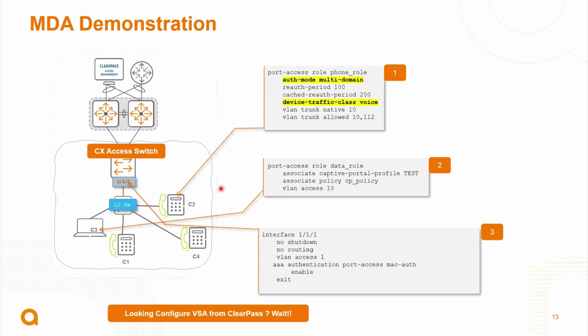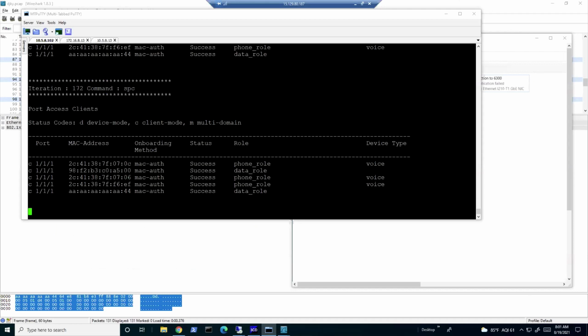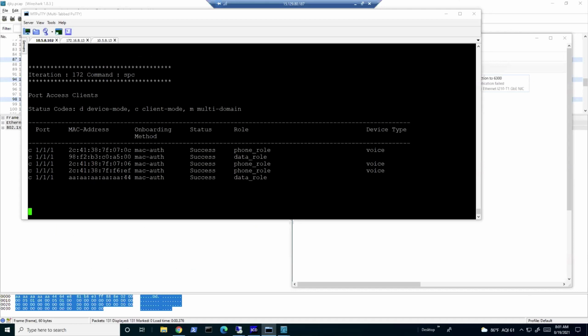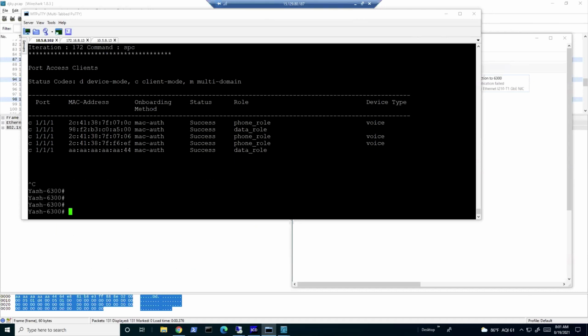Without further delay, let us get into the demo part. So hope you are able to see the screen. Here, if you watch, I have 5 clients which are getting authenticated.